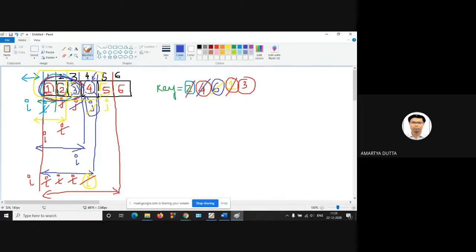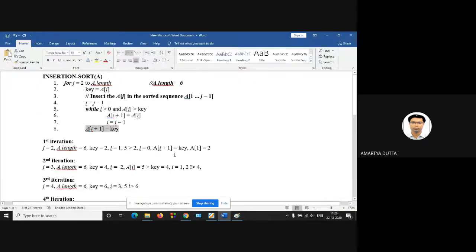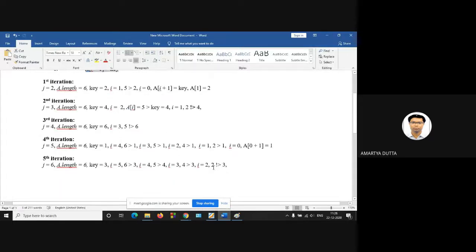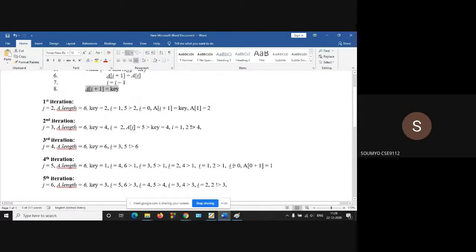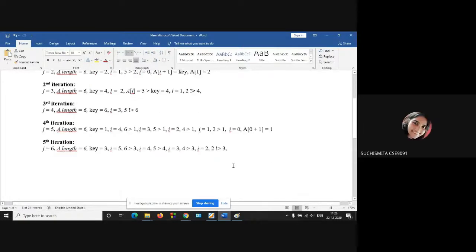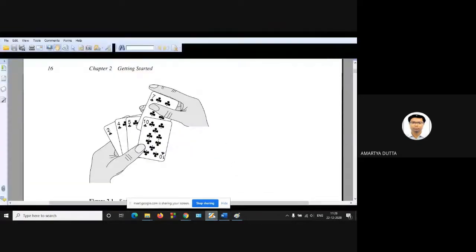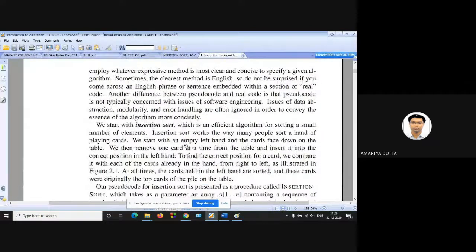So this is the insertion sort: 1, 2, 3, 4, 5, 6. Any confusion? This is the detailed execution of the insertion sort. Any queries? Please ask me. No, sir.